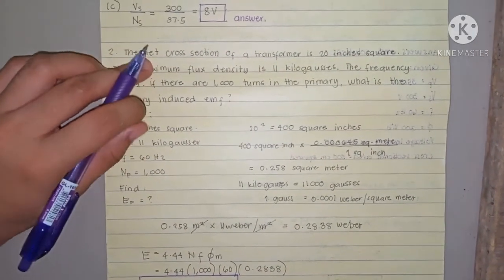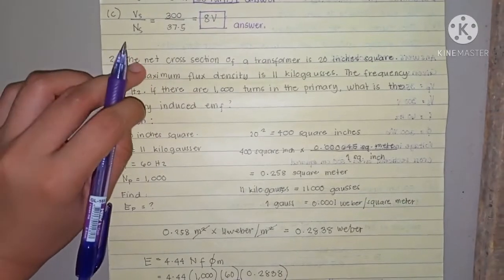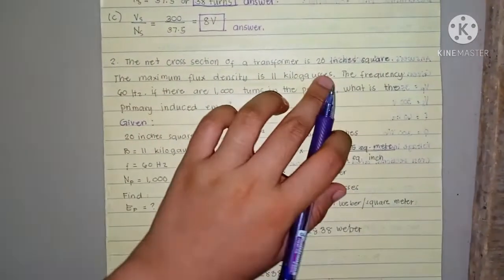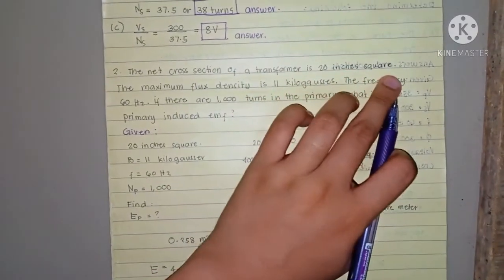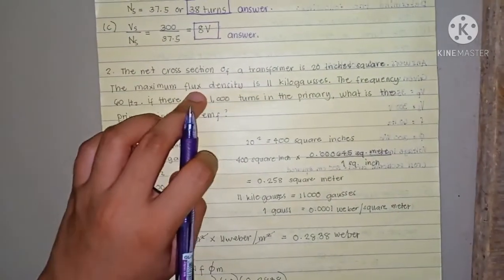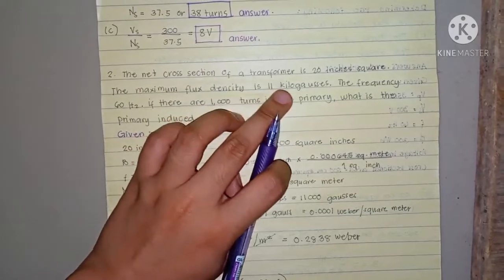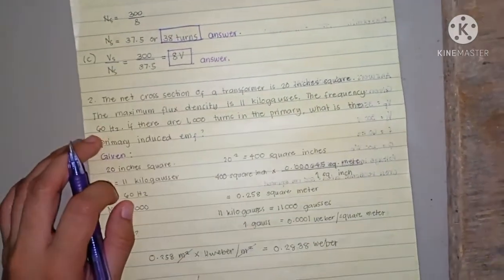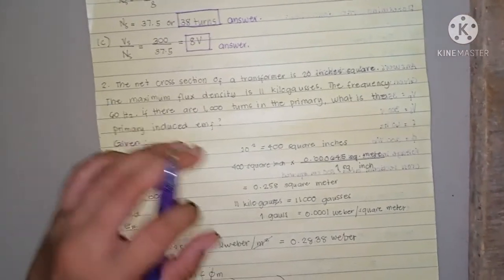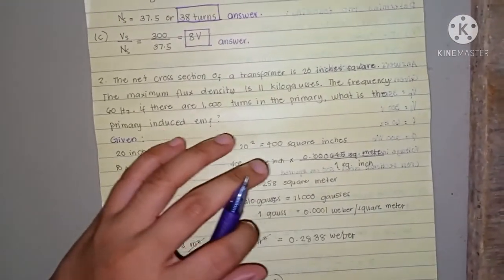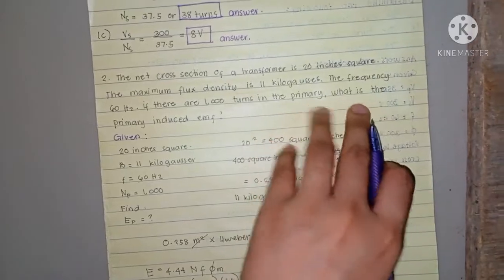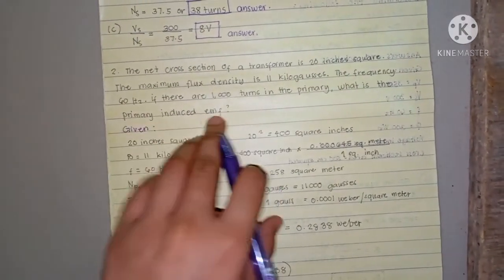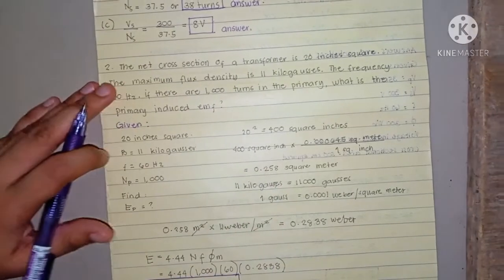The problem states that the net cross section of a transformer is 20 inches square, and the maximum flux density is 11 kilogauss. The frequency is 60 hertz. If there are 1000 turns in the primary, what is the primary induced EMF? So again,